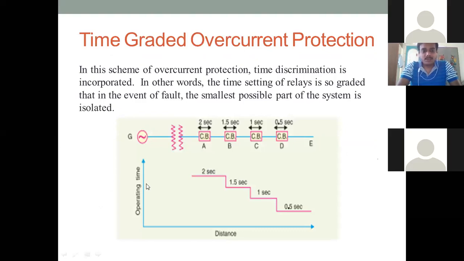In this scheme, you can see the plot made between the operating time and the distance. This operating time is nothing but the operating time of a relay, and distance is in kilometers. For example, you can take that one generating station is located there, and